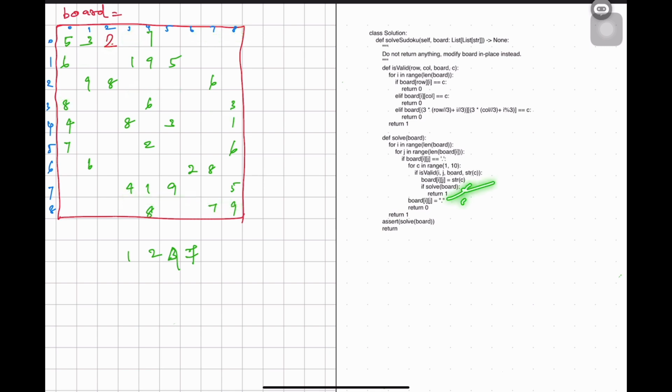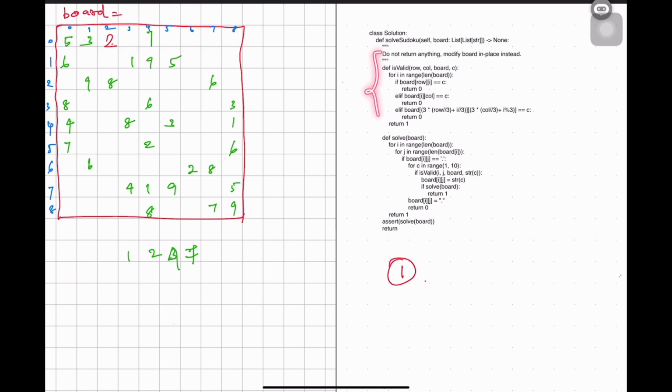If not, once you fill the board, you reassign the dot back to dot. So these are the extra conditions that we will be using. But if you see here, for every empty cell, whatever value we are fixing, we keep on checking the same row.